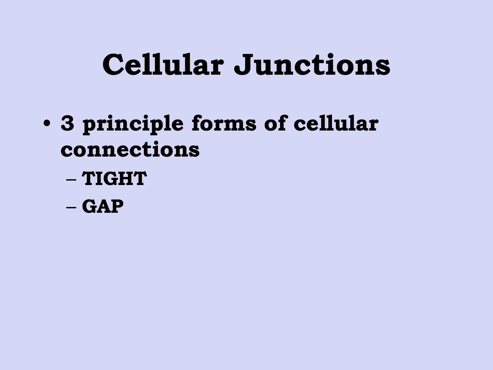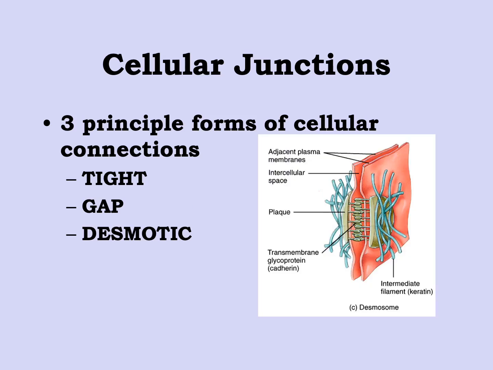The last of the junctions is what's referred to as the desmotic junction. The desmotic junction takes two distinct forms. One is referred to as the true desmotic, or the desmosome, in which we have two types of glycoproteins being developed by both cells, in which the glycoproteins actually interact with each other and hold the cells in place around each other, in which intermediate filament keratins will grow through the glycoprotein cohedrin molecules and actually interweave in between the